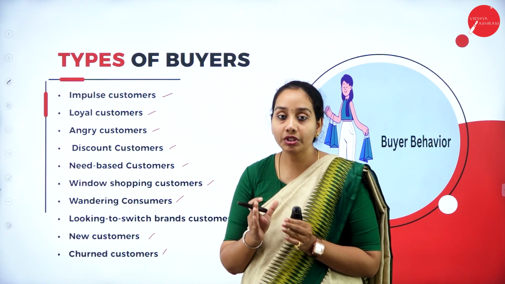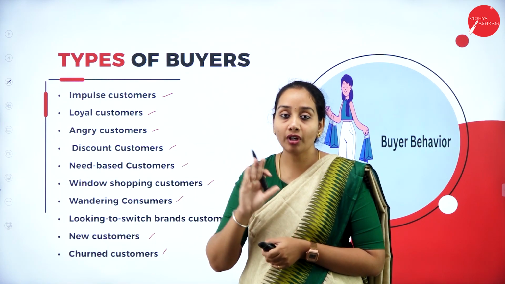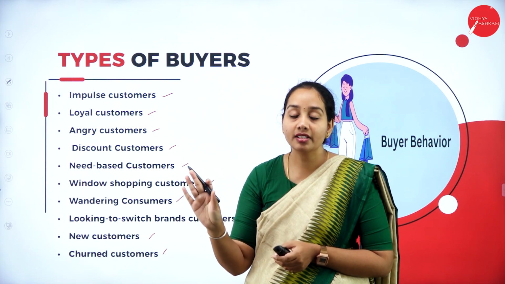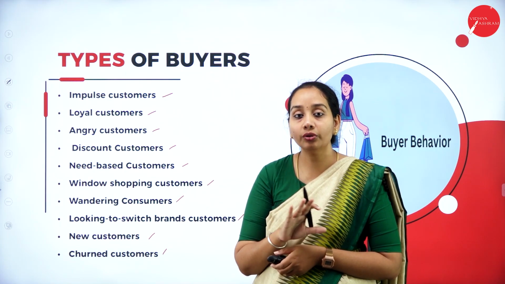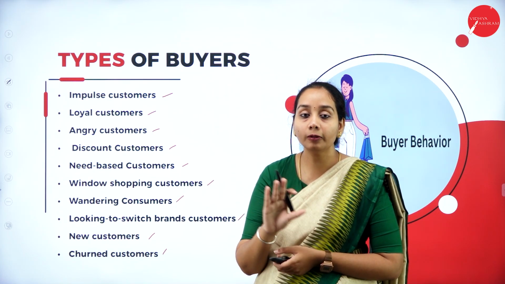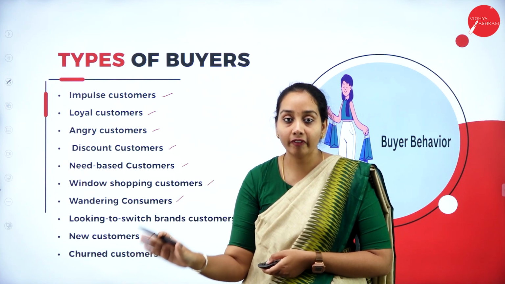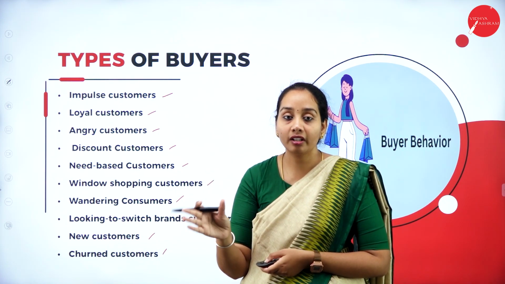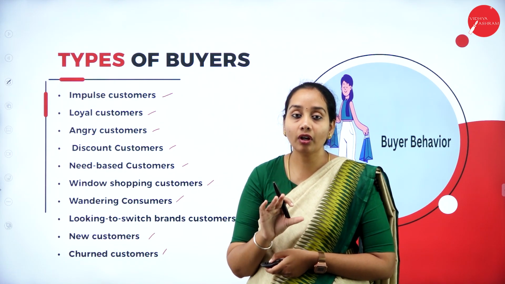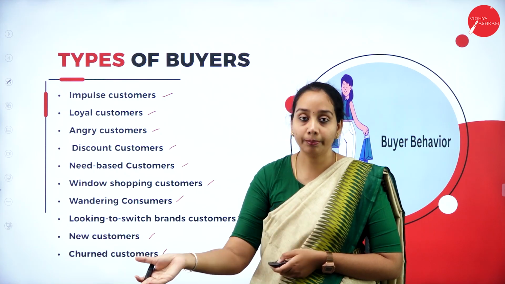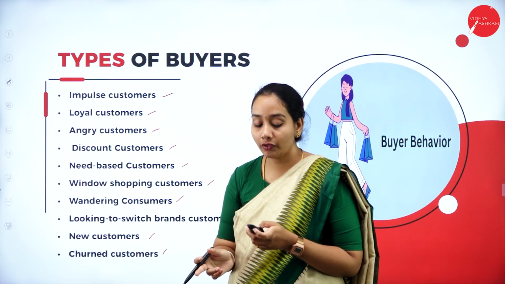You have been using Colgate toothpaste for many years, but suddenly you see the Close-up ad or the Pepsodent ad, showing that their toothpaste has different benefits like being organic and protecting you from cavities. Because they started advertising these features, you shift to Pepsodent. These are examples of this type of customer.